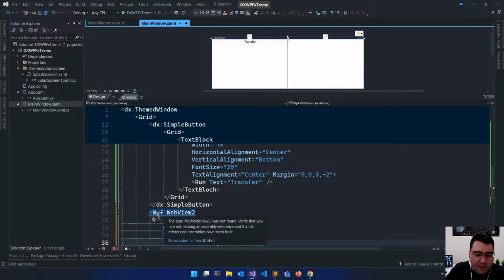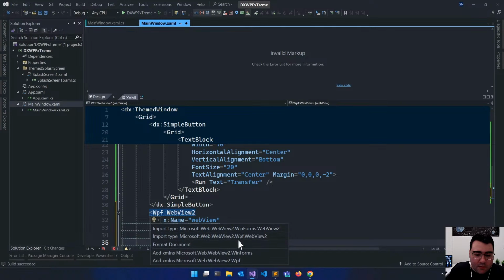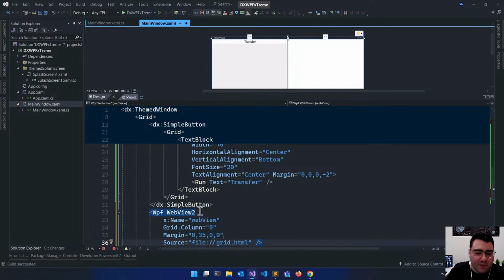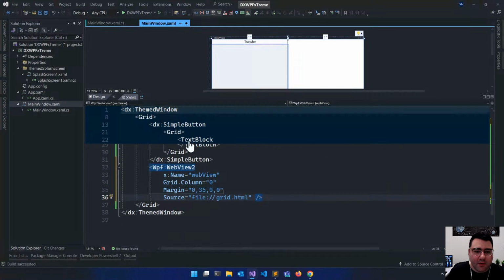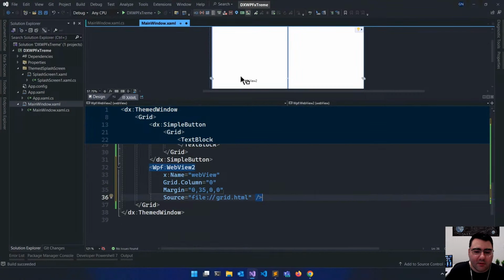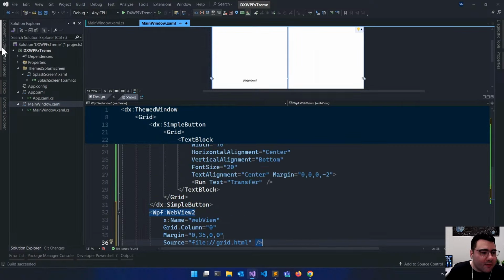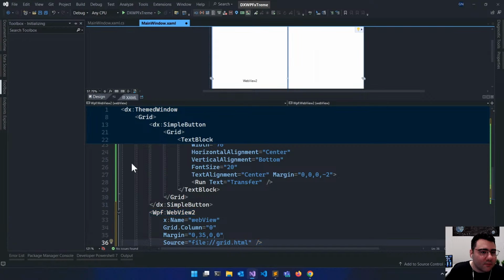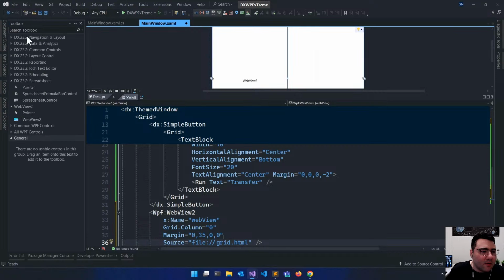And I'll go ahead and import the WPF web view into there. And we can see we have the web view in there. And I'm going to go into my toolbox, and we'll give that a second. I'm going to see right here, actually, we have our spreadsheet control under DevExpress 23.2, which is our current version. And so I'm just going to drag the